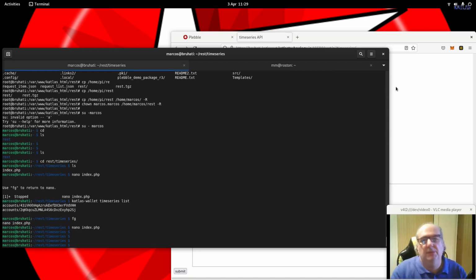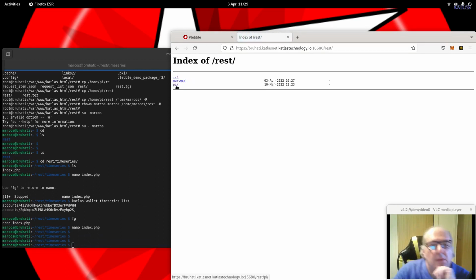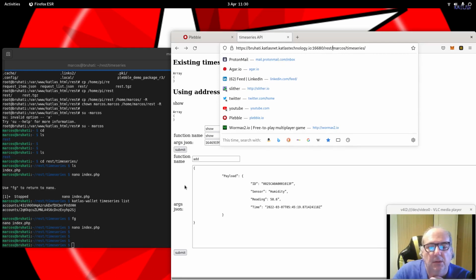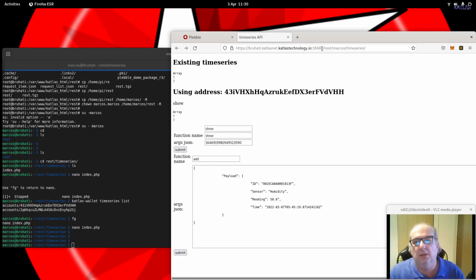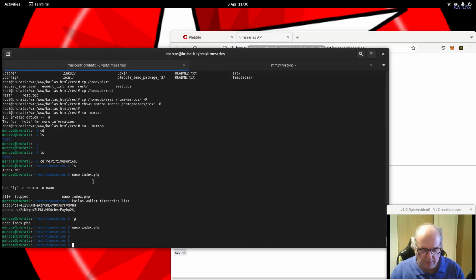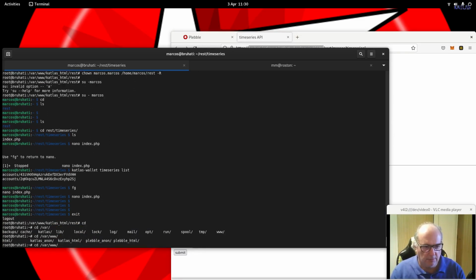Now it's not going to work because we need, so in the REST we have this access for user Pi and this new access for user Marcos. So this looks like it's using the user Marcos, but it's using the user Pi because of the configuration of the HTTP server, so we enter here into the